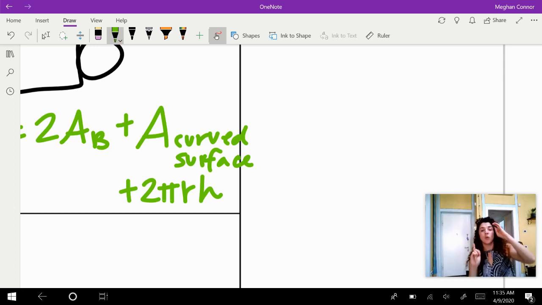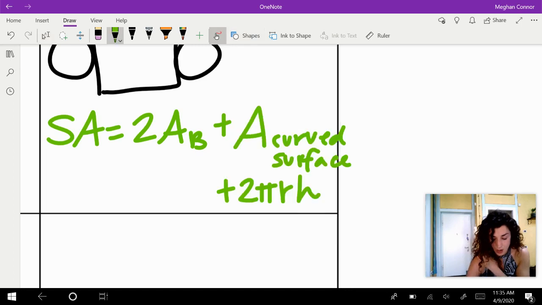H. So r is the radius of your base and h is the height of the cylinder. Because remember, as we broke it down with the piece of paper, finding the area of a rectangle is base times height. The base is the circumference of your circle. Circumference of a circle is 2 pi r. And then the height of your rectangle is the height of the cylinder. All right, so that's this guy. And then 2 times the area of the base is 2 times pi r